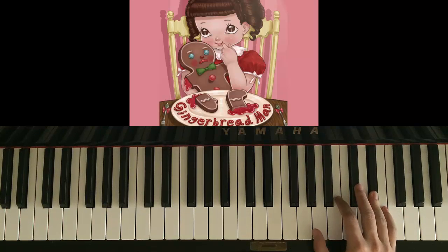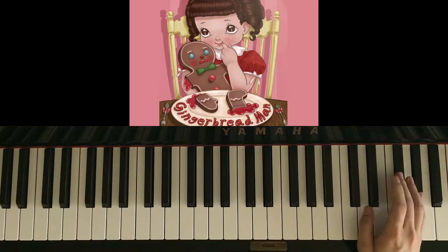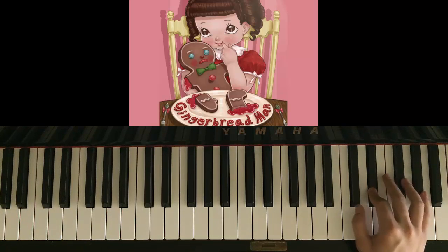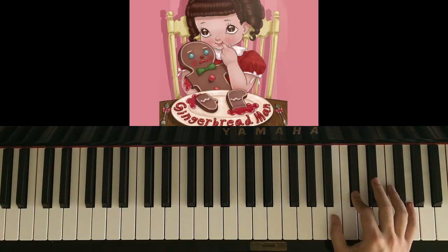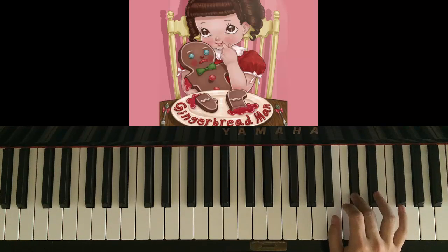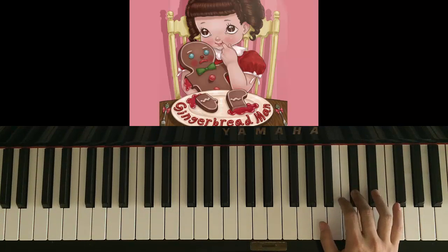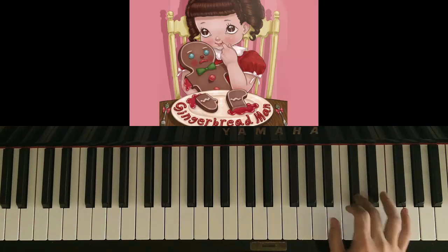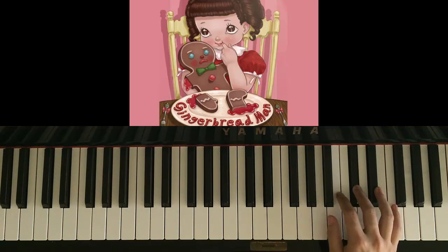Let's do that again because it's a lot of notes. Okay, let's start again. So 3 E flats, and then 1 A flat, and then 2 E flats, and then A flat, and then 3 D flats, and then B, and then D flat, and then 2 D flats, 2 E flats, and then E flat, D flat, and then B, D flat, D flat, D flat, A flat, and then D flat, B,